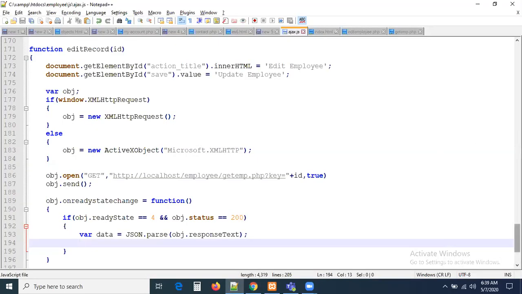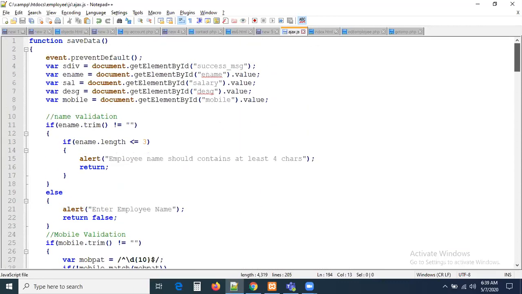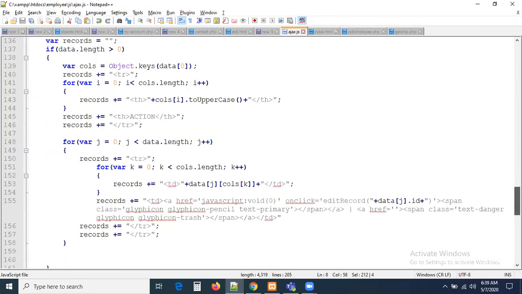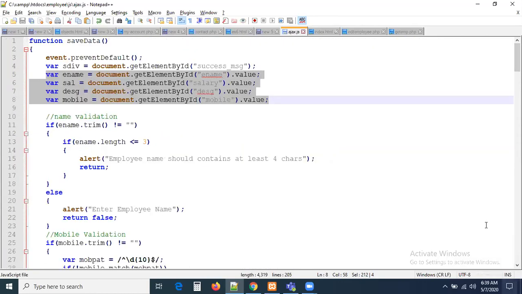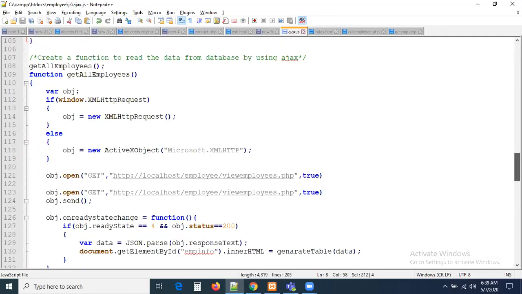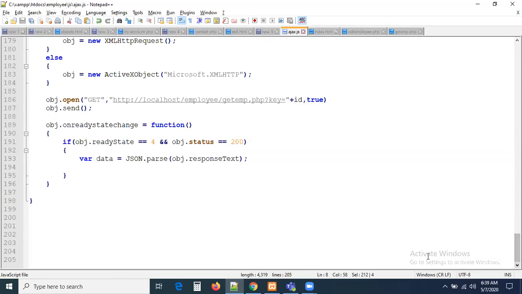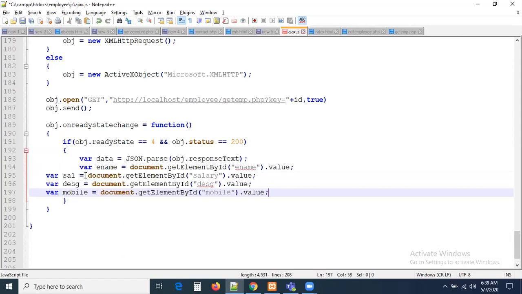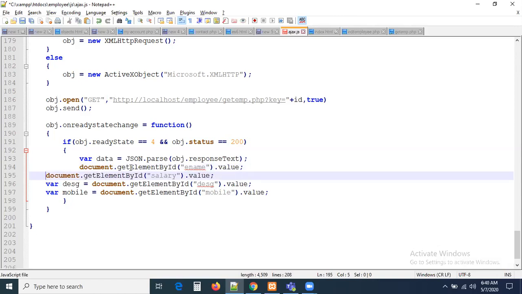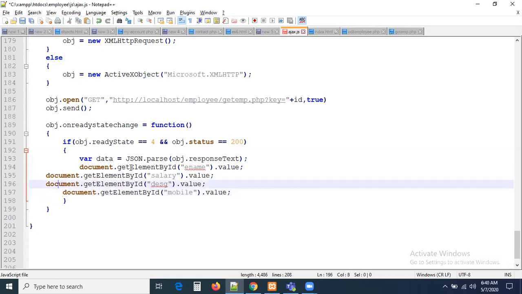Now, we have already gotten the data on the top of the page. Give me a minute and let me take these variables. Now we no need to get them, we have to assign the data to the form. How we can assign the data is by using the value attribute. We are going to assign the data to the form. Just check how we are assigning the data to the form. Here, my data is ready. I don't need anything here. These variables are also not required. We just need to assign the data. Let me remove all the variables also. We don't need to get them. Just assigning, using the value attribute.